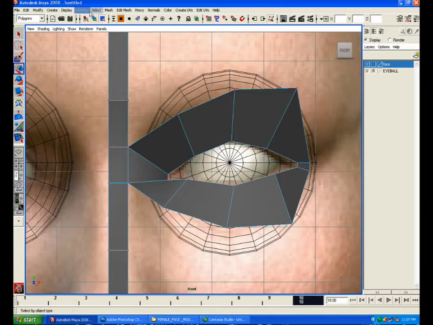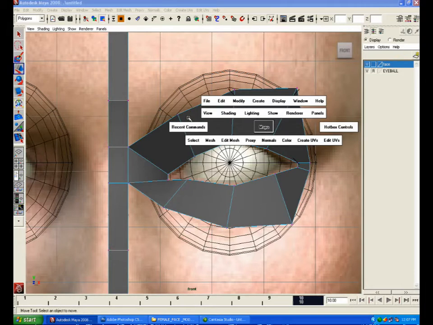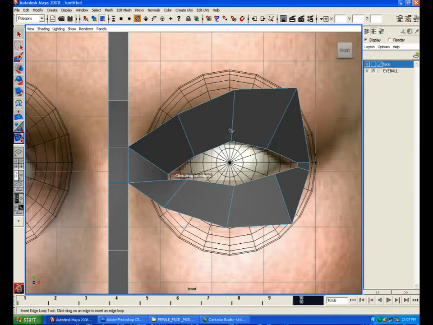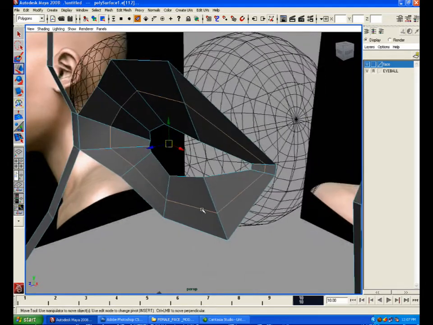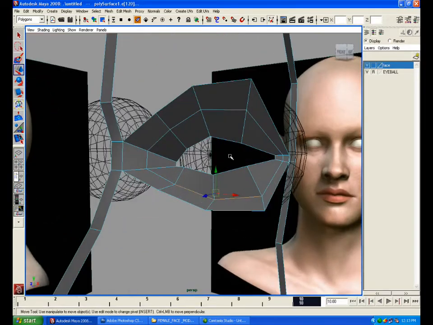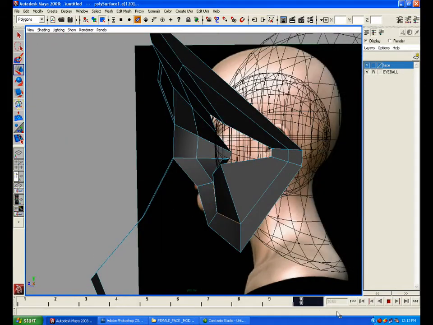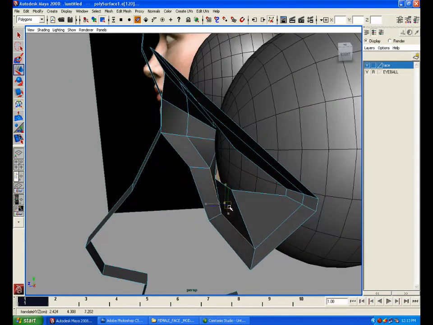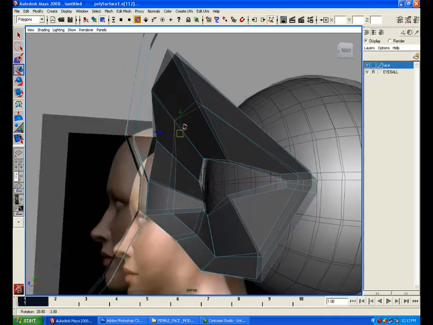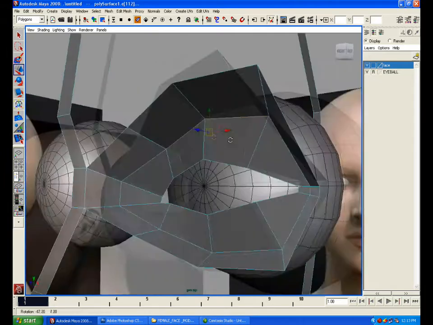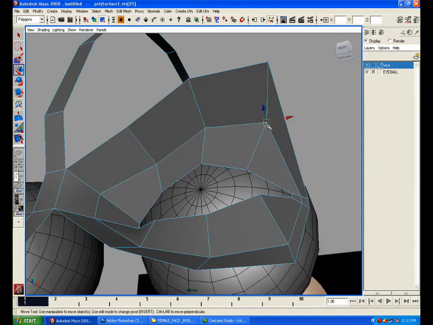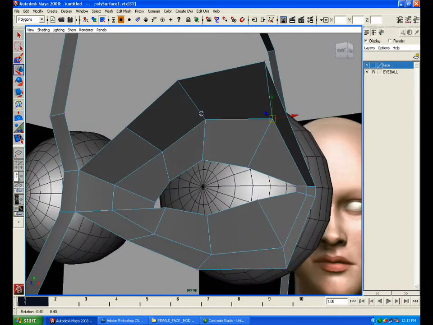Now again go to the insert edge loop tool, create another loop of edges, and select the upper edges and bring them downward so that the depth is created, and adjust them in a rounded, curved manner. Adjust the edges as per the flow and select the edges and vertices of the lower portion of the eye and adjust them. Now you can see a flow and these lines are flat,